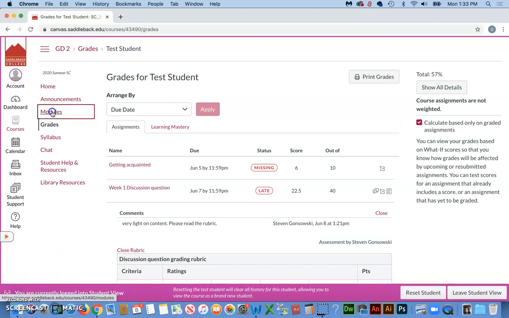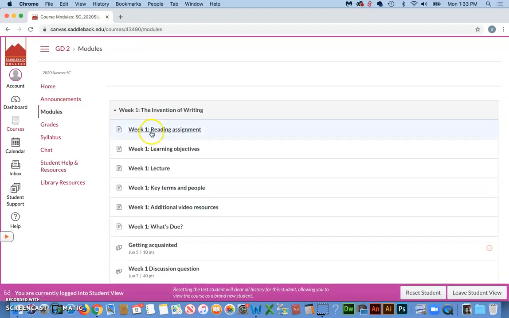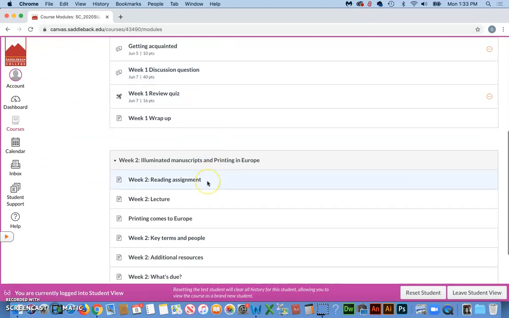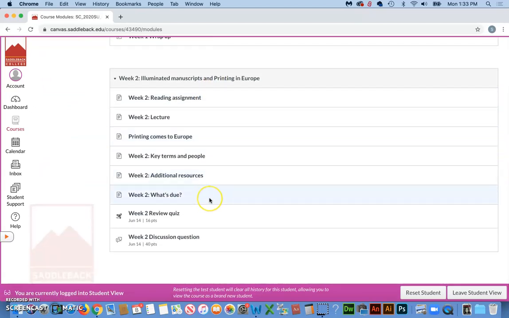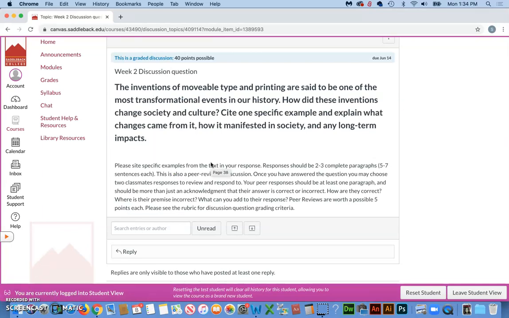Okay, and then for our upcoming, starting now, second week of class, the module is posted for your viewing in here, and of course what is due is posted as part of that as well. The most important and the biggest part of your grade up until the term paper does come from these discussion questions. So make sure you read them very carefully, not only the question but the instructions that ask you, for example, please cite specific examples from the text in your response and this information here,